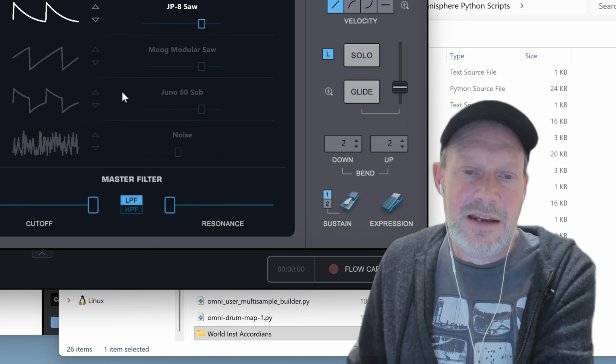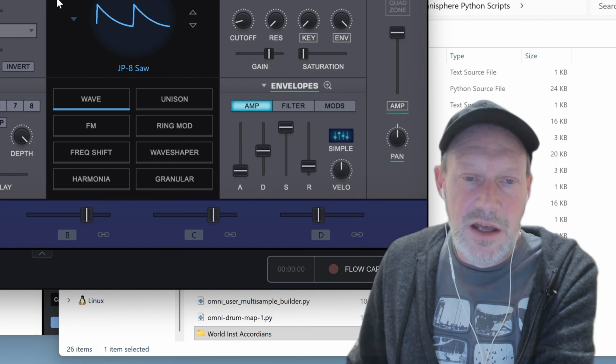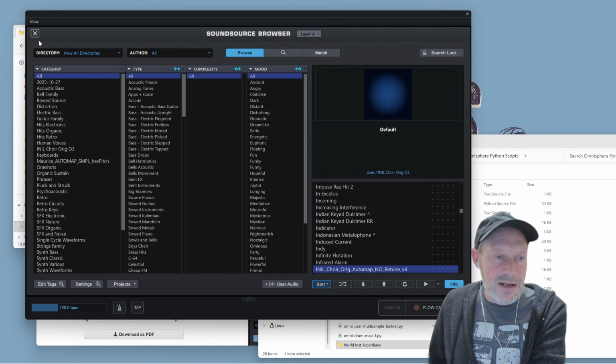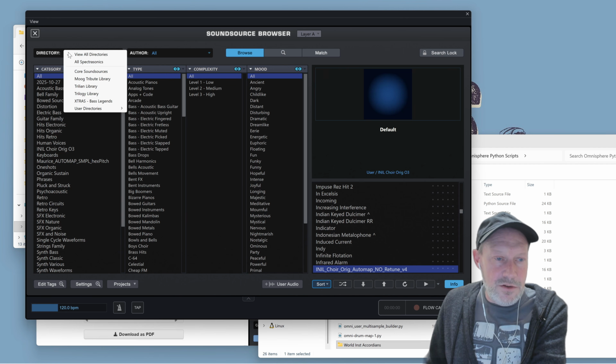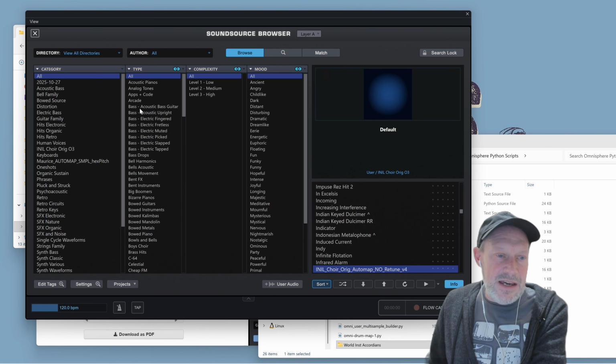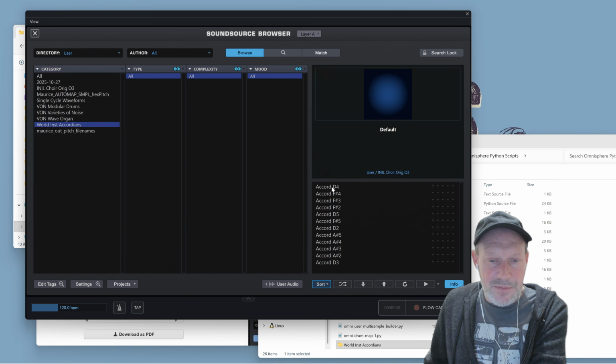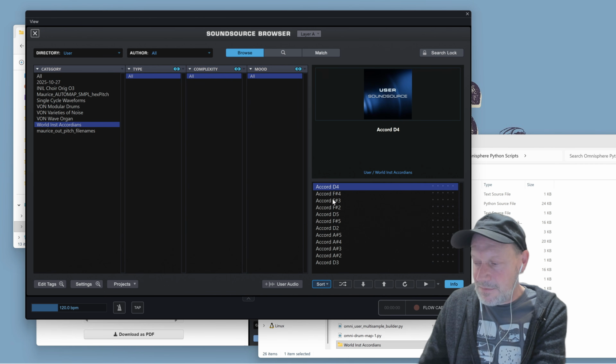Init patch, initialize patch. By default, this will have a synth oscillator, but we can change it to a sampled oscillator. And then we can navigate to our user directories, user, and you'll see that Omnisphere, as soon as it finishes, has made us a category out of that folder, world instrument accordions. And so now I can grab